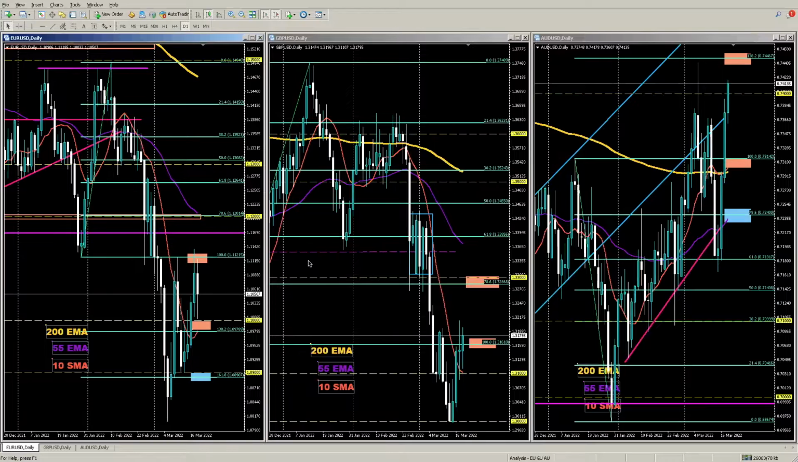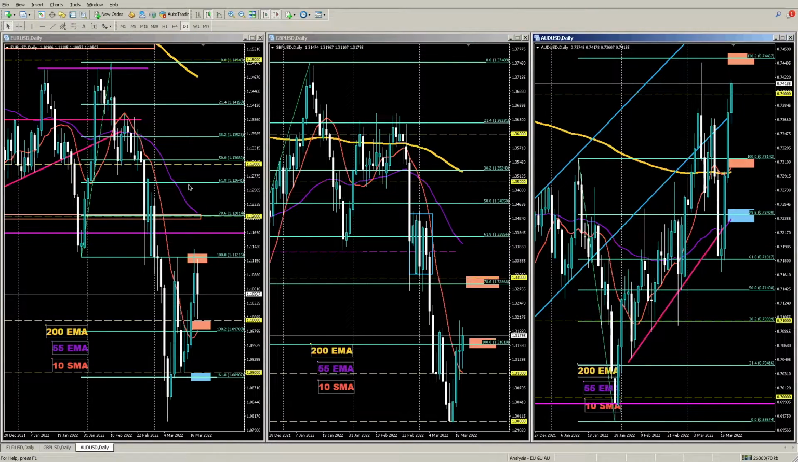This is the weekly technical analysis for the Euro, the cable, and the Aussie dollar for the fourth week of March. Let's begin with the Euro,